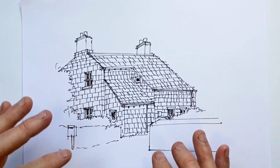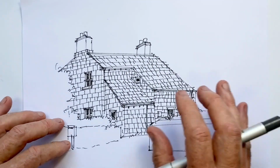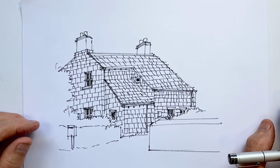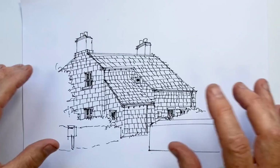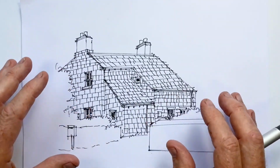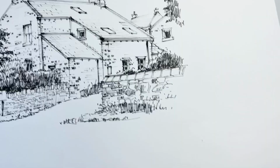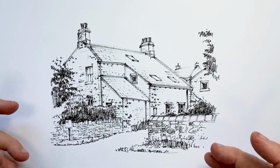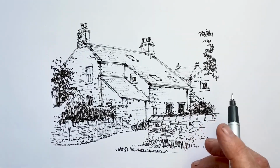As we shift our eyes across our subject, where that patch of brickwork that we see in detail will change. But we never are aware of all of the bricks all at once. That's too complex for our eyes and our brain to take in. So here we have what for me is, if you like, my solution to the problem of drawing tiles and